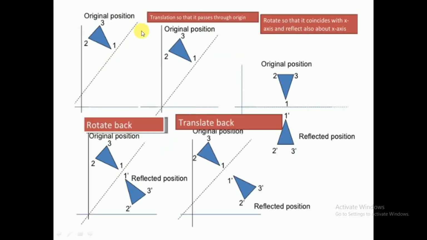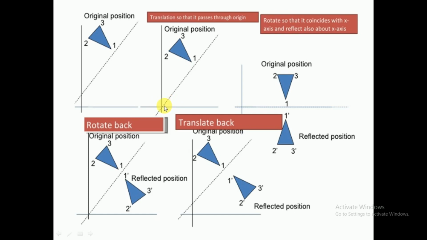What do you have to do? The line is like this. First you take this line in such a way that one point of this line coincides with the origin. That we have done. What is that? Translation, so that it passes through the origin. You translate it in such a way that this line comes to the origin. That you have done here. In the y direction I have subtracted. It is some y distance away from the origin, so to take it to the origin, you subtract this. Again it will come to the origin. That we have done, right?